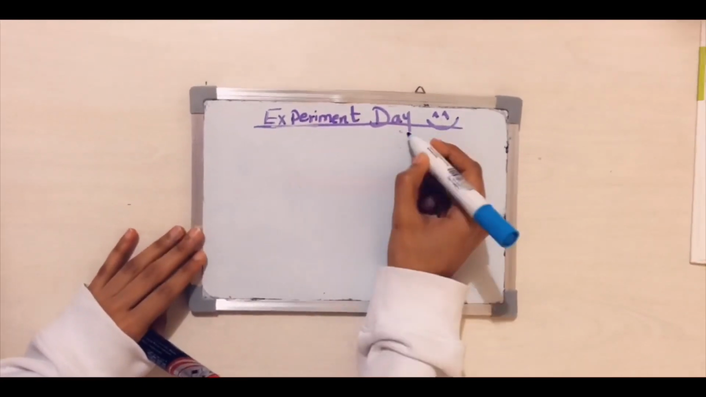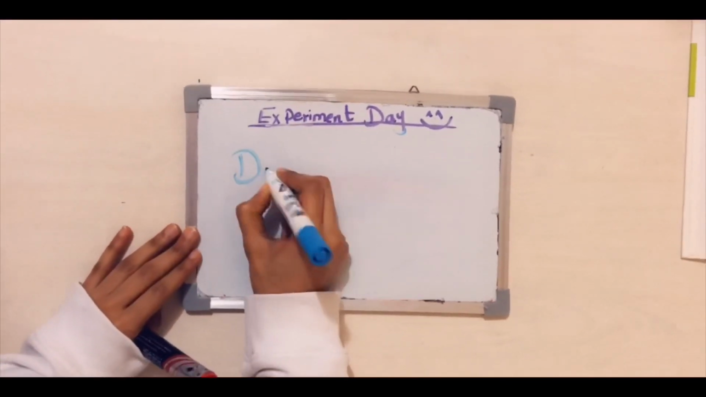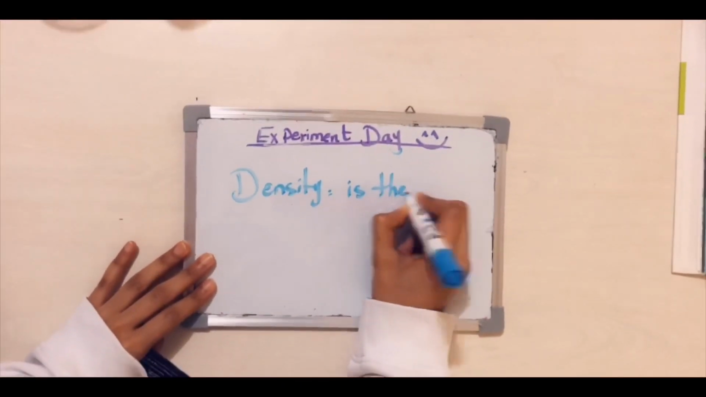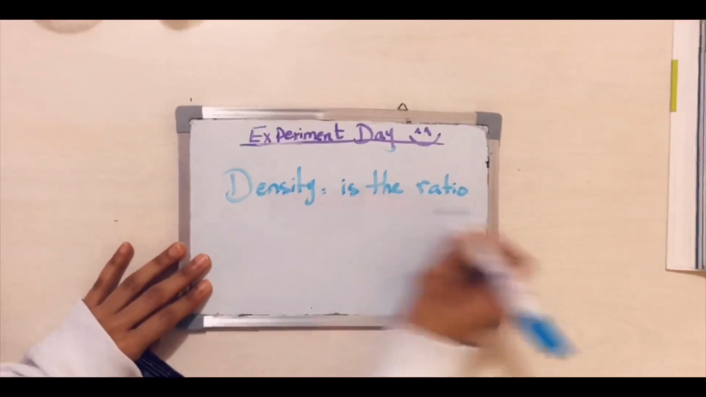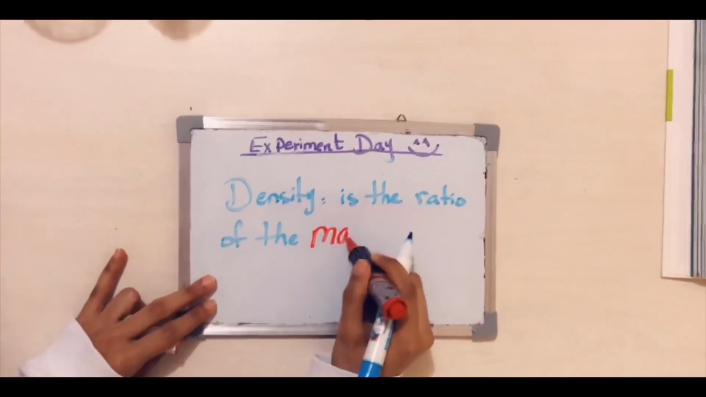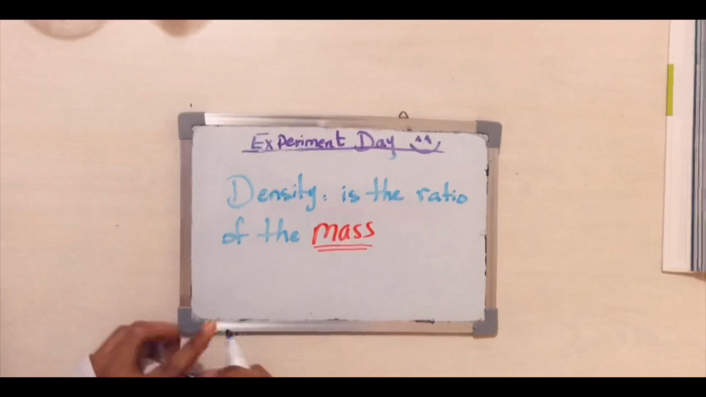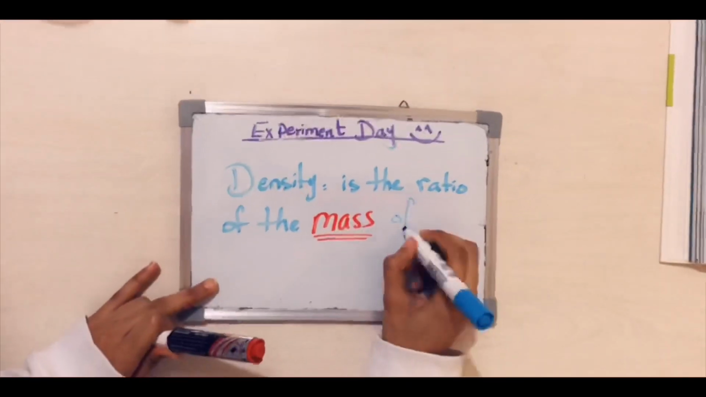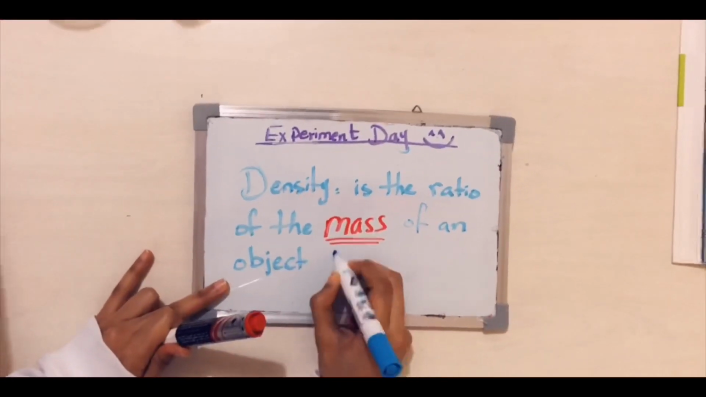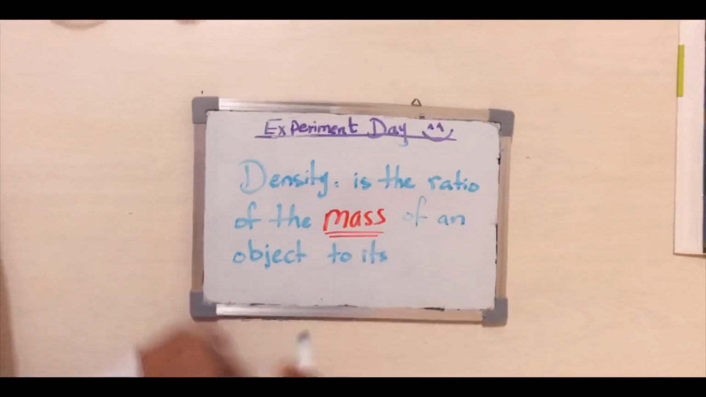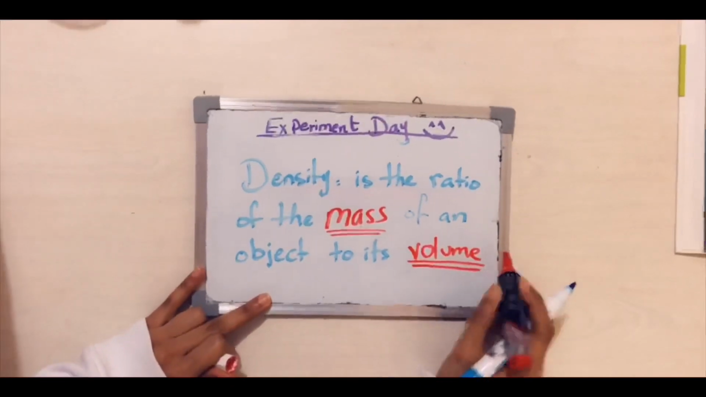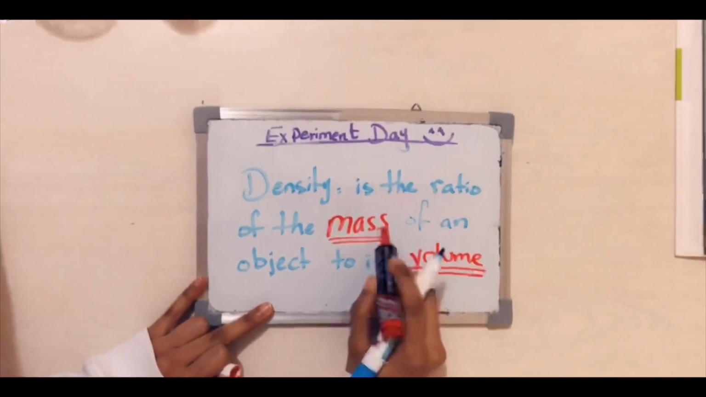So let's try and all remember what is density. Okay, so density is the ratio of the mass of an object, so any object, to its volume. So I've written those keywords in a different color just to emphasize how important they are related to